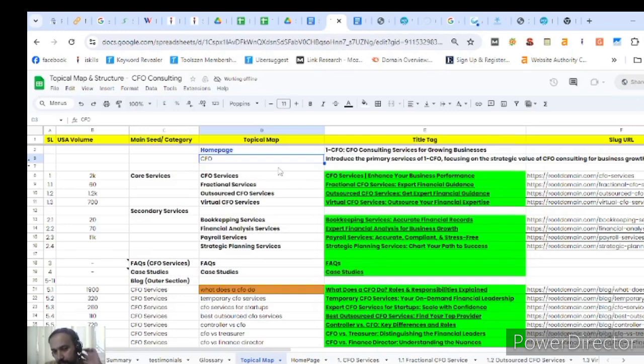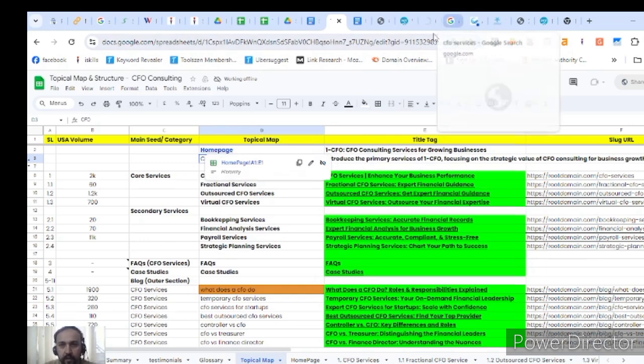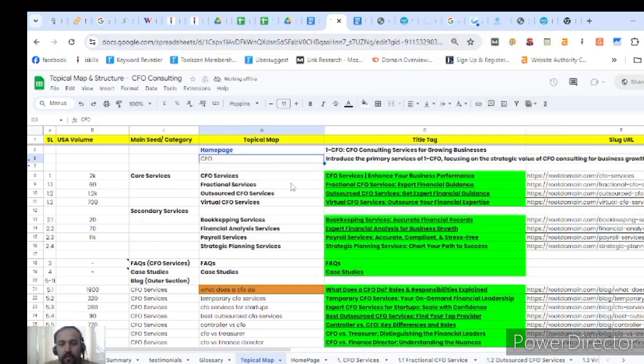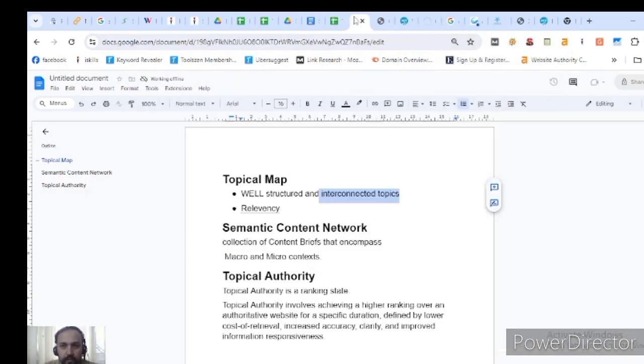CFO is the Chief Financial Officer, an abbreviation you can search on Google. For this, I have to make well-structured content. I will research everything on CFO and the interconnected topics, everything relevant to the main topic given by my client, whose main theme is CFO.